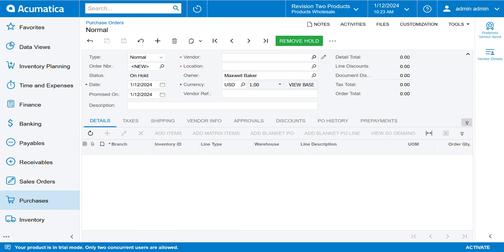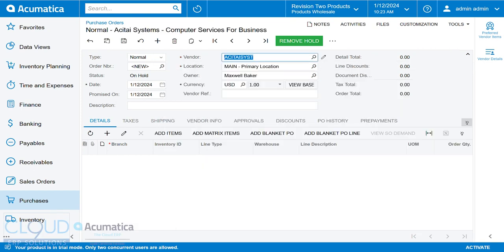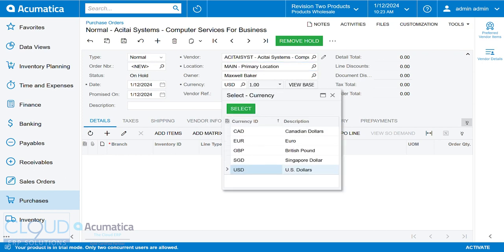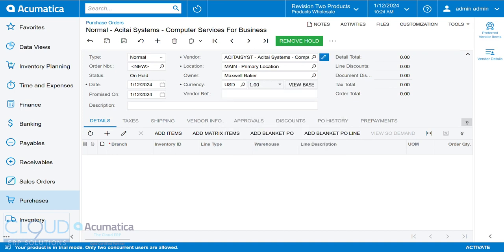We'll select our vendor. And this vendor is not in the United States or Canada. But if I click on here, I can look up the different types of currencies that I can conduct business with this vendor. You can change this as a default. If we click on the vendor profile to take a look at that,